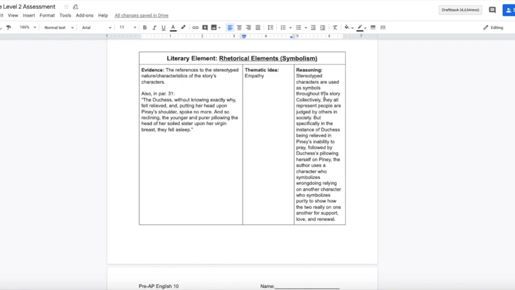Sisterhood indicates that interreliance and friendship, that feeling of appreciation, but also this element as well. Stereotype characters are used as symbols throughout this story. Collectively, they all represent people who are judged by others in society, but specifically in the instance of Duchess being relieved in Piney's inability to pray, followed by Duchess's pillowing herself on Piney, the author uses a character who symbolizes wrongdoing, Duchess, relying on another character who symbolizes purity, Piney, to show how the two really